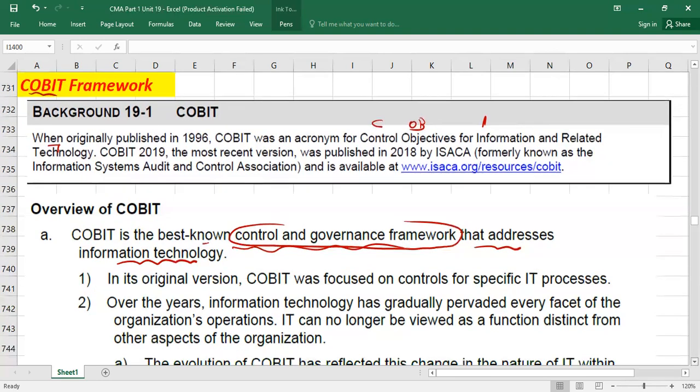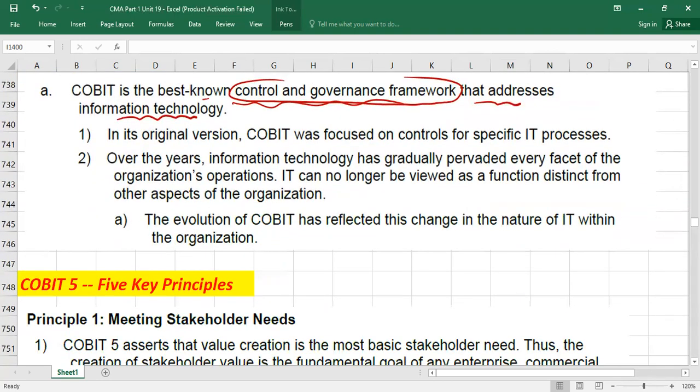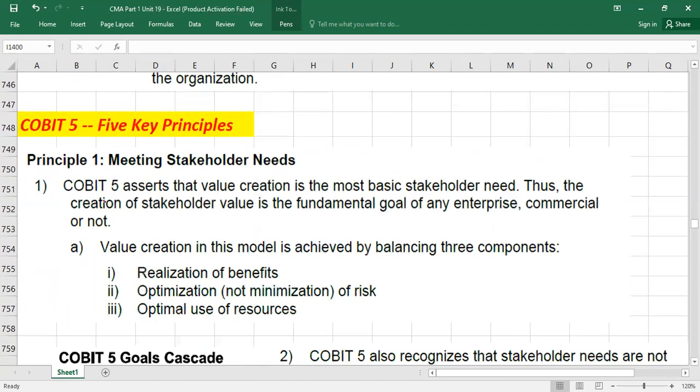Please remember here, I'll tell you what information you have to memorize. In its original version, because it has different versions, Cobit was focused on controls for specific IT processes. But nowadays computers are applied throughout the company, so we need controls throughout the entity. We cannot say we need IT-relevant controls in one specific department. No, we need IT-relevant controls throughout the entity. Understood? So here we go. We are not supposed to study all the versions of Cobit, but we have to remember two things. First, I'm going to tell you there is a first version which is called Cobit.